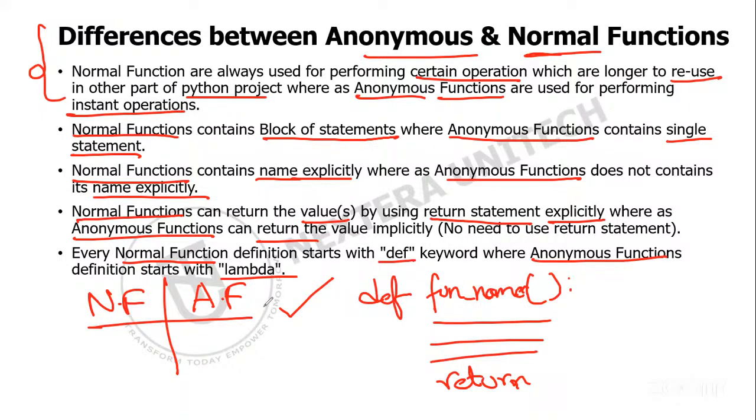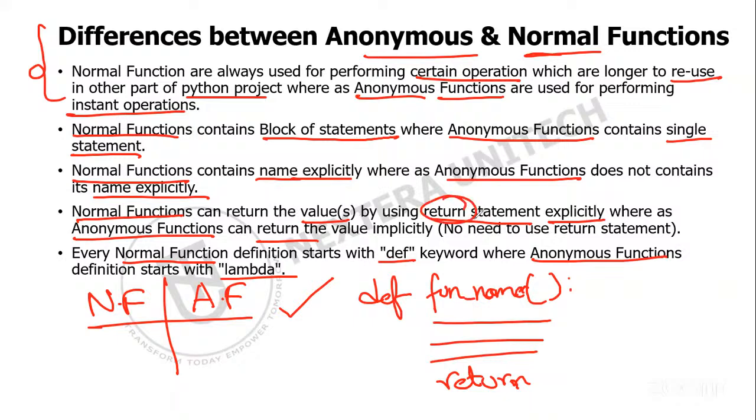All the 5. Normal functions for reusability, anonymous functions for instant operations. The first difference. Second difference, normal functions contain a block of statements, anonymous functions contain just a single statement, only one. Third difference, normal functions have names, but anonymous functions don't have names. Fourth difference, normal functions, in order to return the values, we have